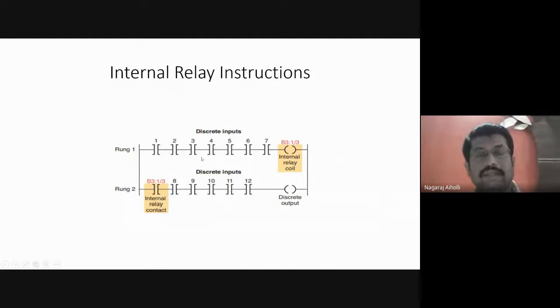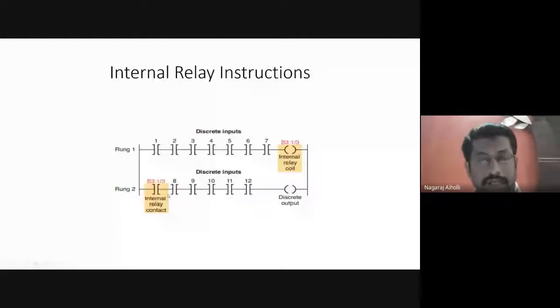Then if I want 12 contacts, how do I connect them? How do I make use of them? It is used in this fashion. With these 7 series contacts, whatever output we get, we energize it. The coil, the relay coil, is energized. And the same B3:1/3 is continued. I am connecting an input to that bit, and again connecting the remaining contacts in series. This is not like an electrical circuit connection. In an electrical circuit we see the electrical continuity, where the current is flowing, where it is diverting, what is the path of the electric current.